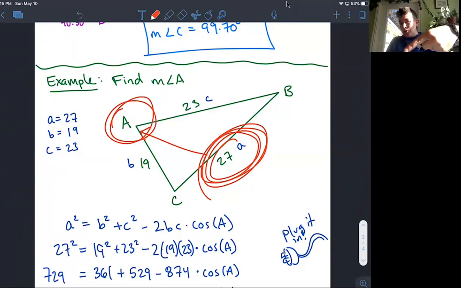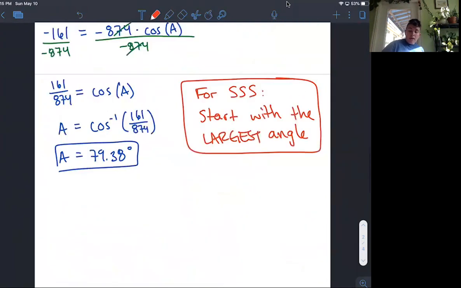The reason that we do that is because we can stumble into an ambiguous situation if we don't start with the largest angle, and it can kind of mess up our calculations a little bit further down the line. So to prevent any of that, just always start by finding the largest angle. And I talked about that a little bit back with the law of sines. So this is where it matters. For side triangles, if you're starting with all three sides, start your calculations to find the largest angle first